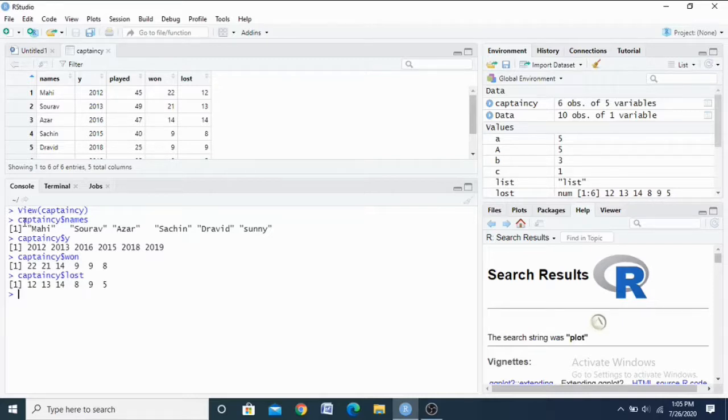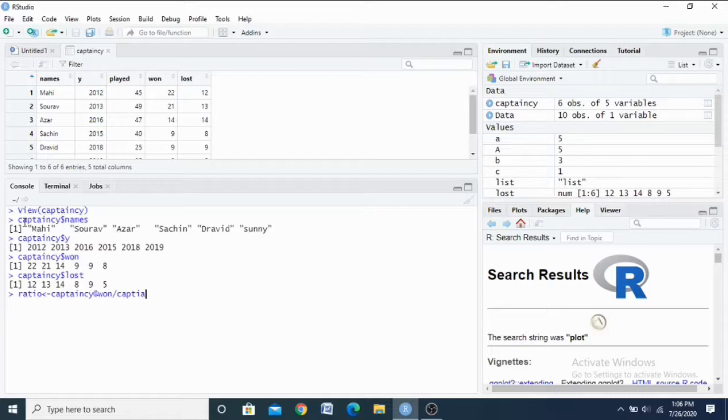Then we move on to some calculation and also include one more column in the data frame. How to do this? First create a simple calculation using the above data frame. Now I calculate the ratio, that is, how many matches they have won, divided by how many they played.